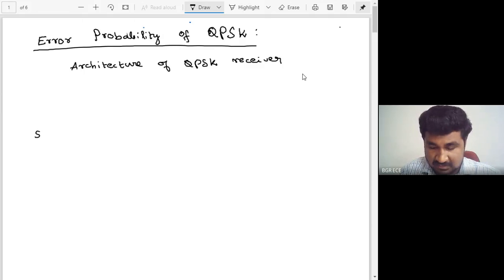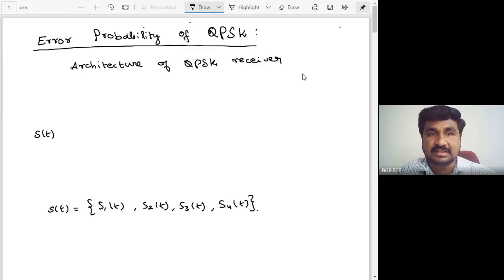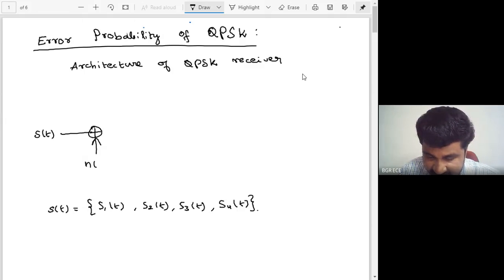The signal S of t is transmitted by the transmitter, and S of t may be any one of the four signals. S of t may be S1 of t, S2 of t, S3 of t, or S4 of t. Any one of the four symbols is transmitted by the transmitter, and it is affected by the additive white Gaussian noise N of t. And it is allowed to the receiver, and the receiver is assumed to have